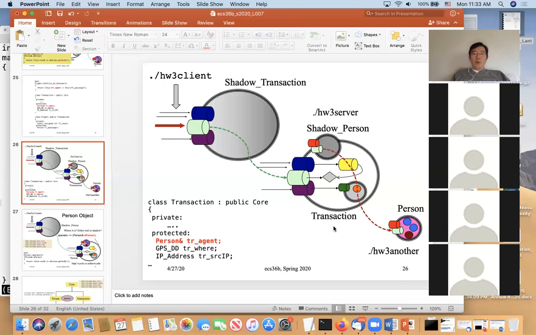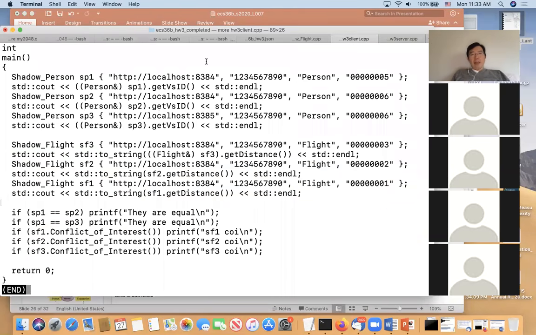When the client accesses any object, all the objects are on HW3 server, but one of the objects is actually on HW3 another. So for that, I have a shadow object here. All the shadow objects access this one, but this one has a shadow object to access here as well. That's why in this code I have shadow SP1, shadow SP2, shadow SP3,